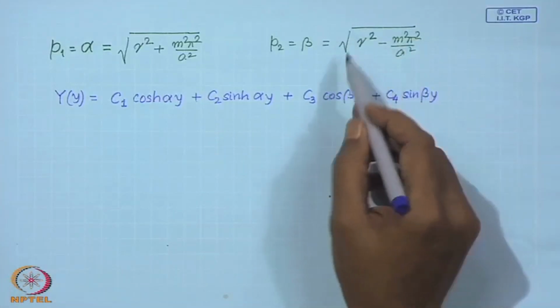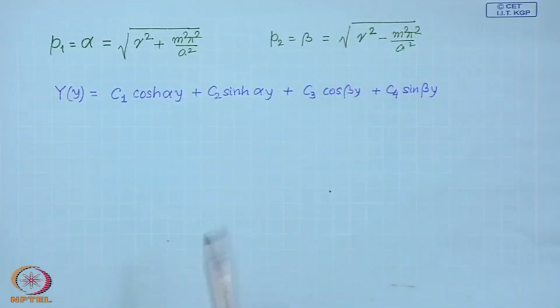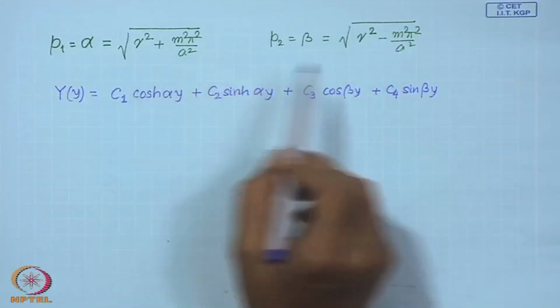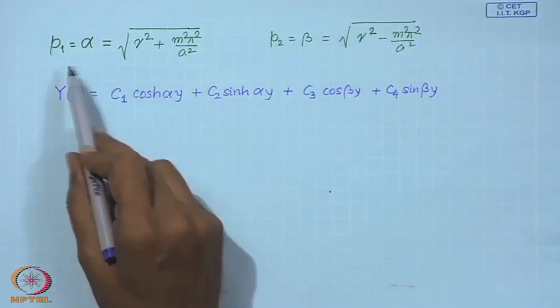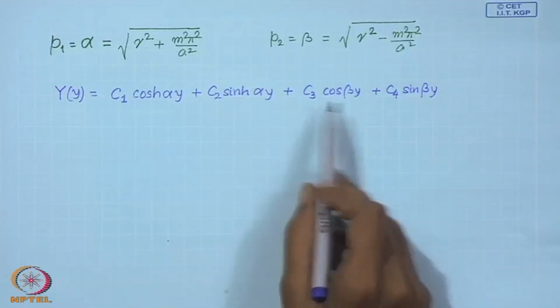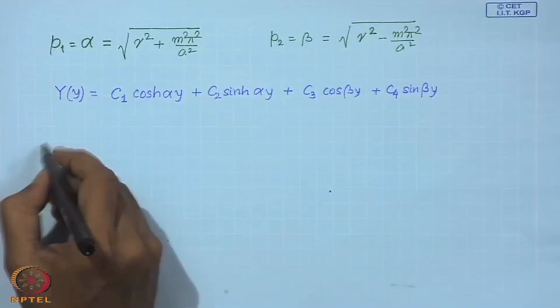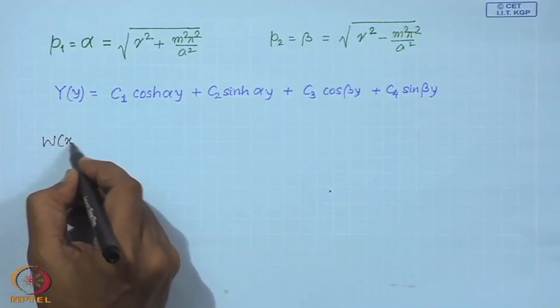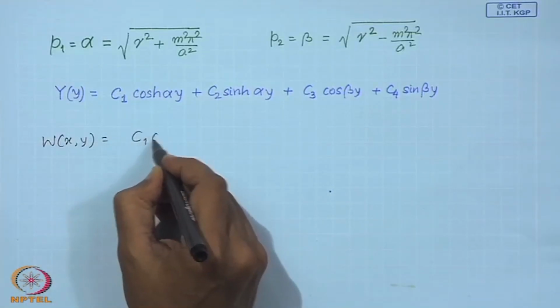Because of this definition of beta, you have both real and imaginary solutions for P, and by defining P2 in this form I can write this in terms of trigonometric functions. So, then my solution stands as